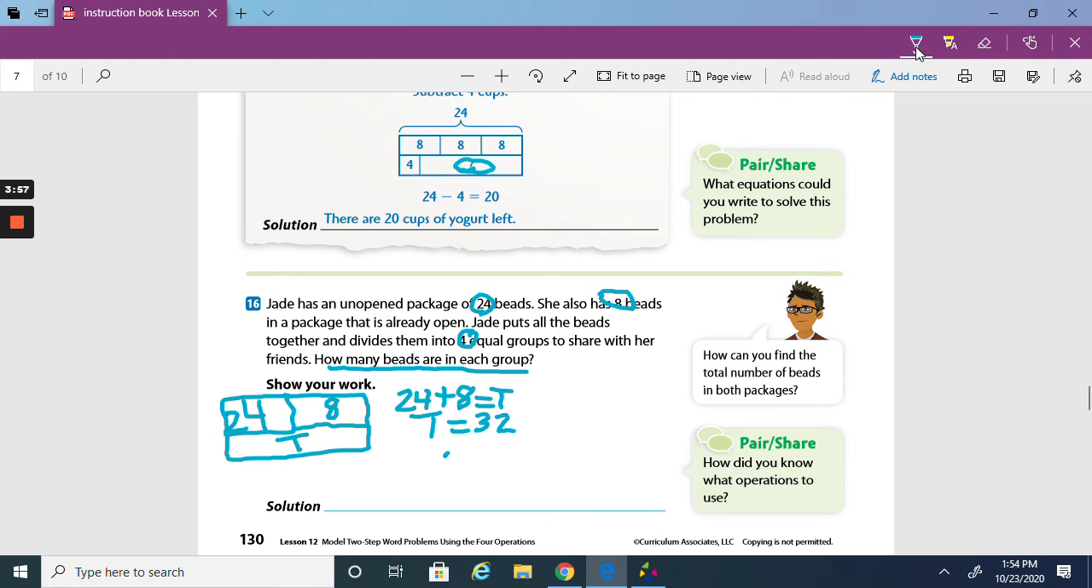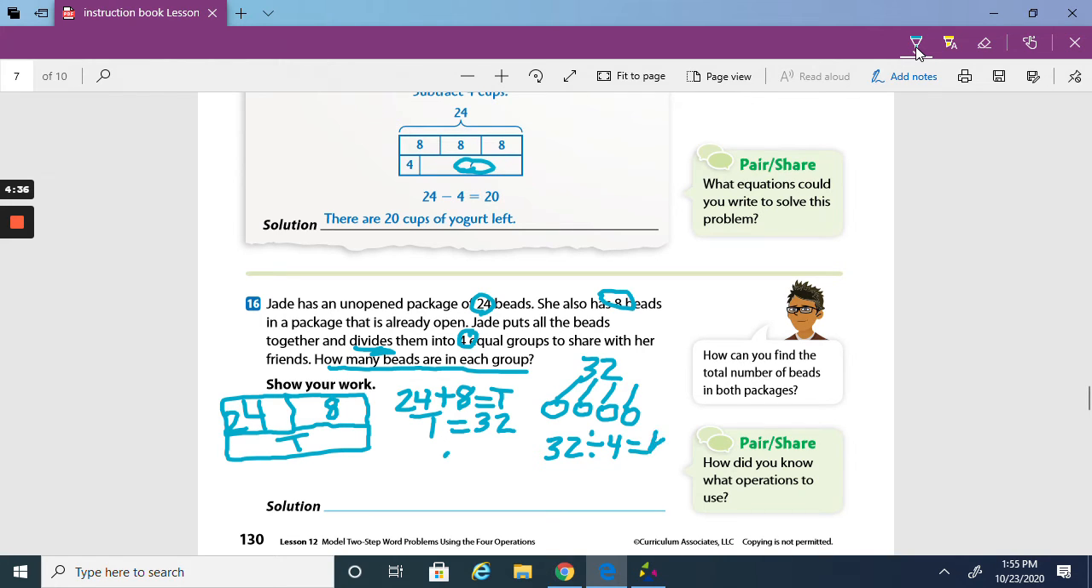The next part of the problem says that she takes all of her beads together, so that's 32 beads, and it tells me that she divides them. Well, I don't even have to think about what operation to use because in the problem it's written divides. But if I wanted to, I could still draw a picture to help me remember. So if I'm dividing it into 4 equal groups, then I'm trying to figure out how much goes in each group. So I would write the equation as 32 divided by 4